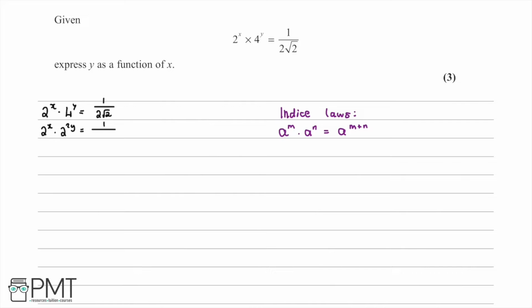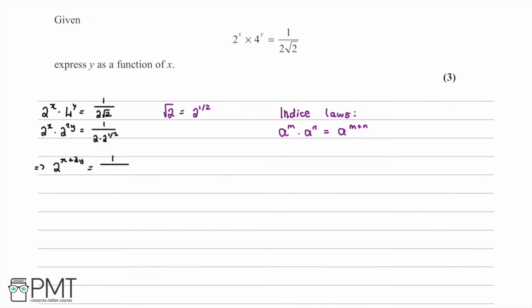So we have 1 over 2, and then we know that root 2 is going to be equal to 2 to the power of a half. And then we have 2 multiplied by 2 to the power of a half. Then what we can do is apply this index law to the left hand side here. So we'll therefore have that 2 to the power of x plus 2y is going to be equal to 1